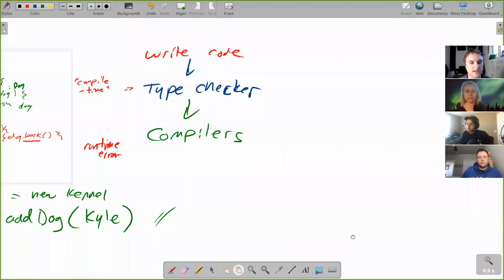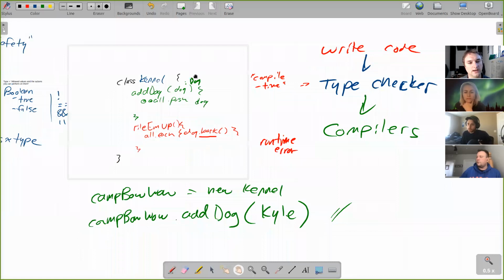What he's talking about is saying, all right, you can pass in dog or null. If you do that, now you're calling bark on null and you don't actually have the type safety that you thought you had. It's a thing that's very easy to abuse.